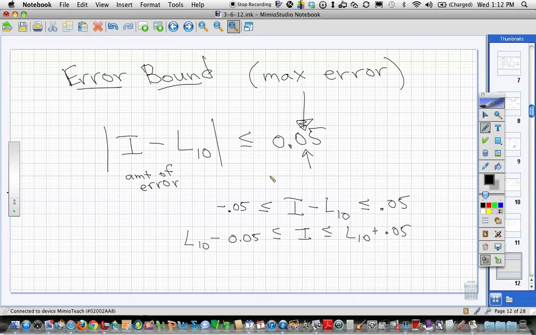Okay? So if I was to do an approximation and say this, right? That's not very useful. That the amount of error is less than or equal to 10,000. Right? That would tell me that the error is somewhere between 10,030 and negative 10,030 or something like that. Well, that's not very useful. Okay? So the smaller this is, but still be a true statement, the more useful it is. Okay? So that's one of the things that we will be talking about and you'll be getting into with your